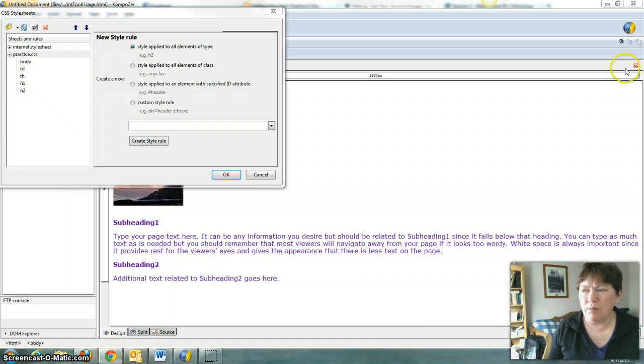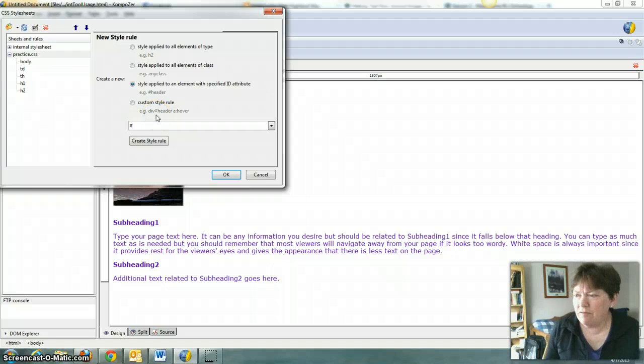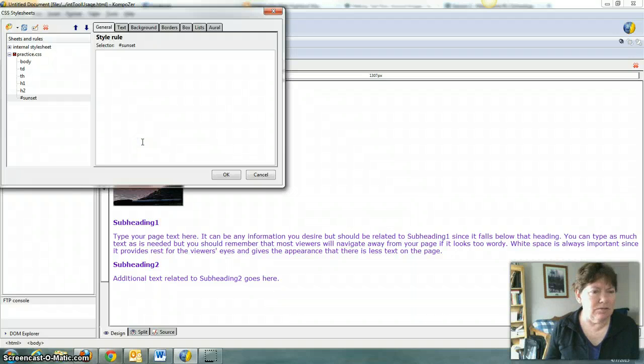We're going to apply the style to an element with a specific ID. So right here. And the ID we set for this is sunset, so I need to type that in. Again, it is going to be case sensitive, so whatever you typed in, make sure it's the same case here. And now we're going to create that style rule. Now, once this is done, we have to go set what these styles are. Now, before we've gone to the text tab because that's what kind of style we were setting. Here we're going to go to the